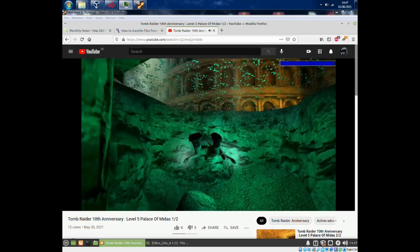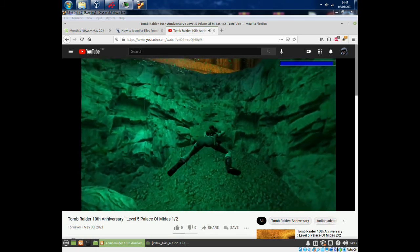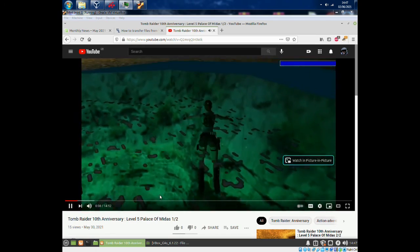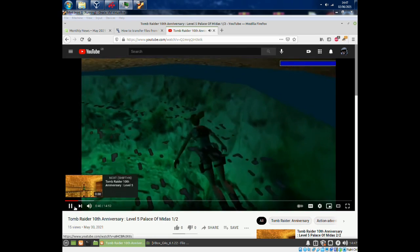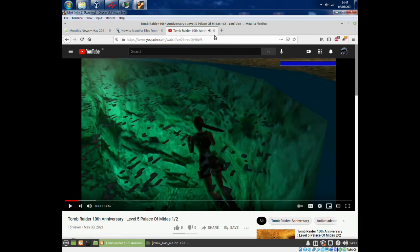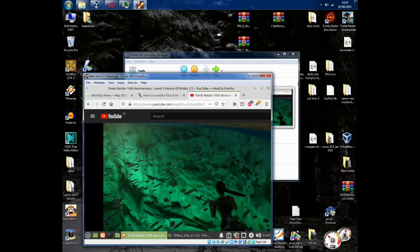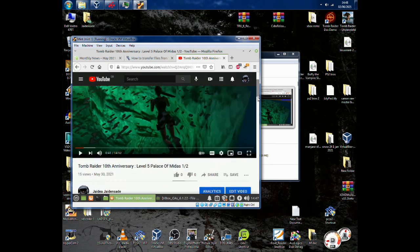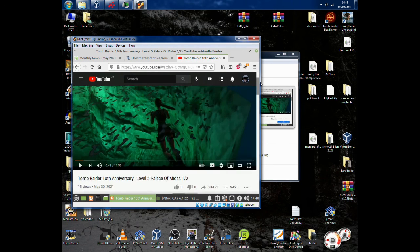So I couldn't test that one out before, but I'm having a look at it now, and I might be able to get it to come out of the water, but I don't think she'll come out. There it is. So that's working reasonably well, and that's protecting my Windows 7 system from being affected with ransomware, or reasonably well anyway. So